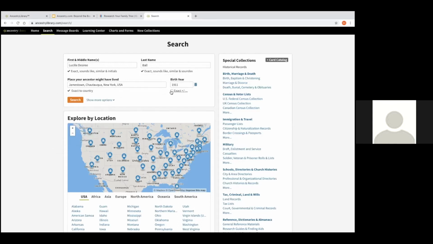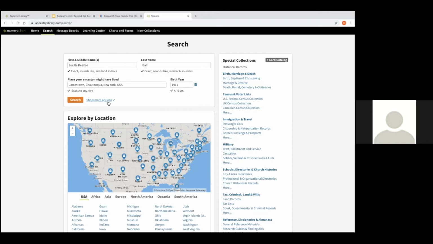And then when we go over to the birth year, it's a little different. Right now, if I choose exact, it's going to search just for 1911 and filter those to 1911. But I also have the option to do plus or minus 1 year. So I could search prior to 1911 and the year after 1911. I also have the plus or minus 2 year option, the plus or minus 5 years, or plus or minus 10 years. And I like to start my searches fairly broad and then refine, just because I don't want to filter too much and not have enough results. So if I'm fairly sure about the birth year, I may do plus or minus 5 years.